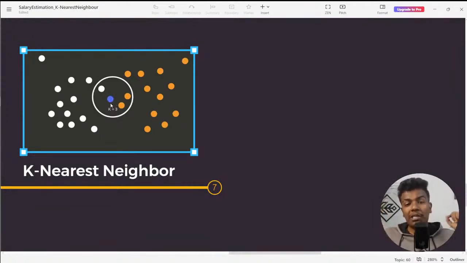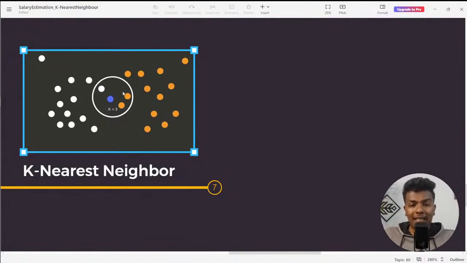And this is going to measure the distance between this blue color current data point with respect to each and every data point which is present in this environment. Since the k value is equal to 3, it is going to find out the top 3 closest data points to the new blue color data point. From that, it is going to draw the circle. It is an imaginary circle, just imagine with me. It draws the circle around the 3 nearest neighbors.